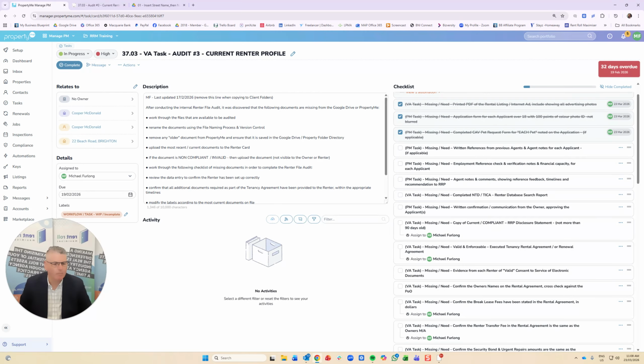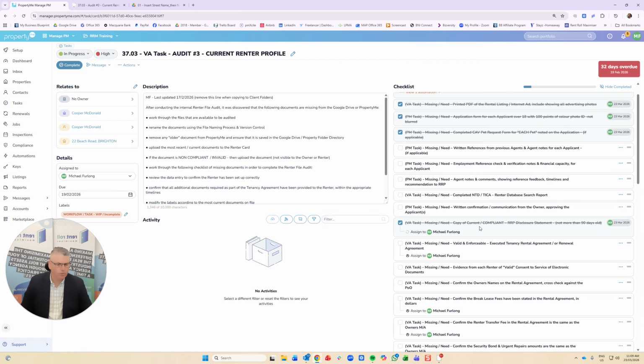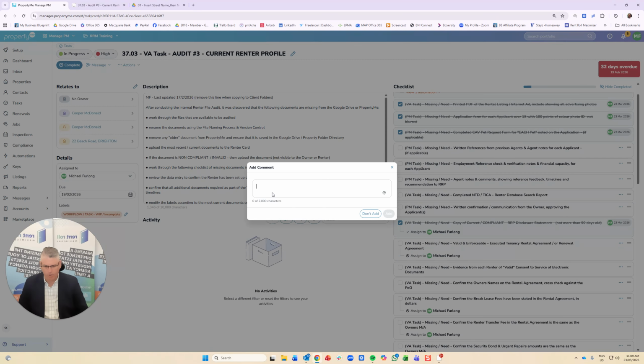And we're missing a database search. So what I would do, if I'm working through here, maybe written confirmation from the owner is missing as well. And so now what I'm doing, we've got the compliance disclosure statement. I'm now going to come over to here and create a note, and it would always be my initial, so 23/3/26, and then it would be MF audited files,